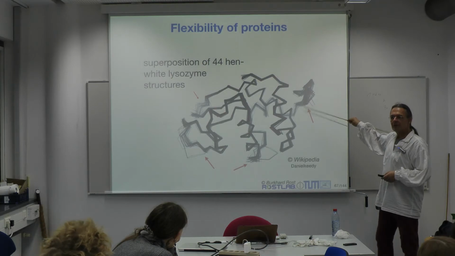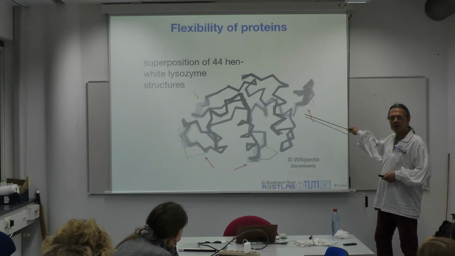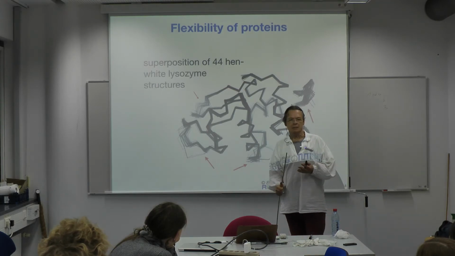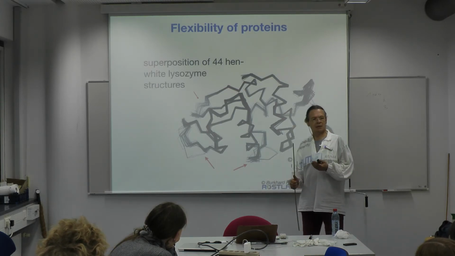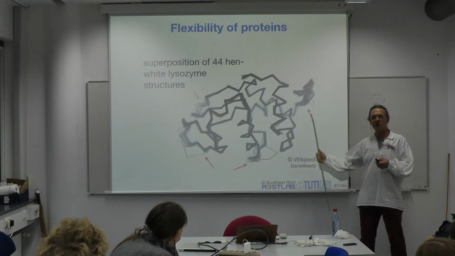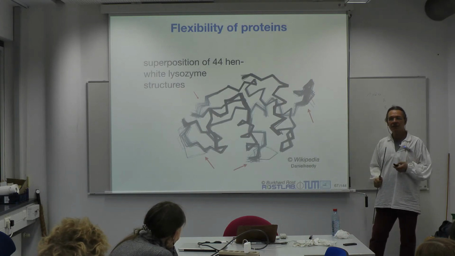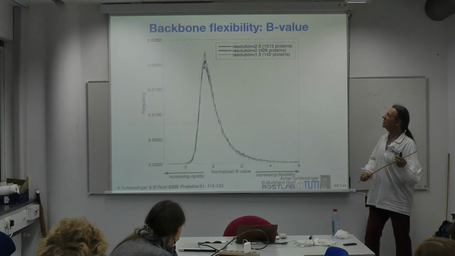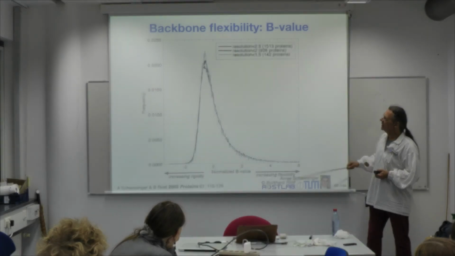so the mobility or the flexibility is in these regions here, right? And our hope was we can predict it. If we want to predict it, first there's something called the B-value that sort of reflects this flexibility, the mobility, the degree to which you can move, the functional size. And when you plot that for a large set of structures, depending on the resolution here, there are